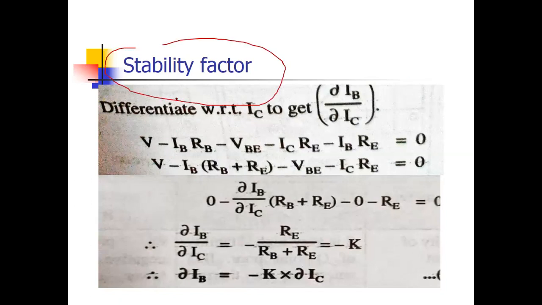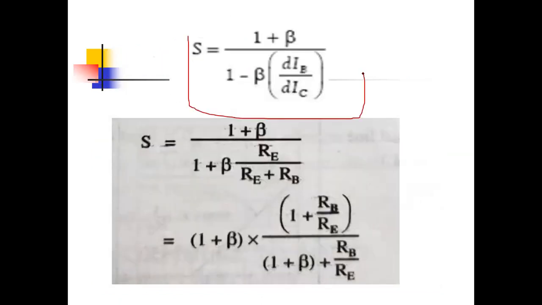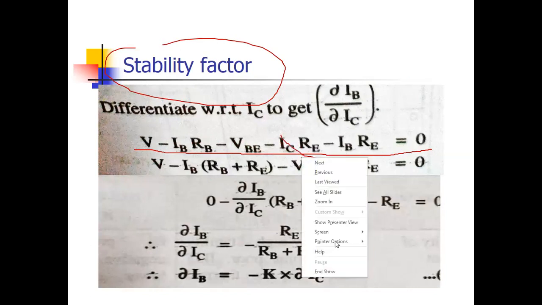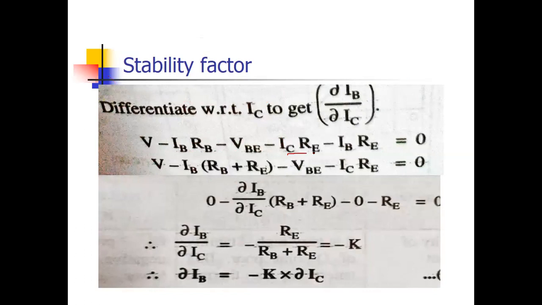In the stability factor, if you remember, in the previous lecture we derived the formula of stability factor. Stability factor is the change in current IC due to change in leakage current, and after derivation we get this expression. So ultimately, we want dIC over dIB. This equation we have already taken, KVL in the starting left side. In this equation, VB minus IB RB minus VBE minus IC RE, because actually this was IE RE, and IE equals IC plus IB.